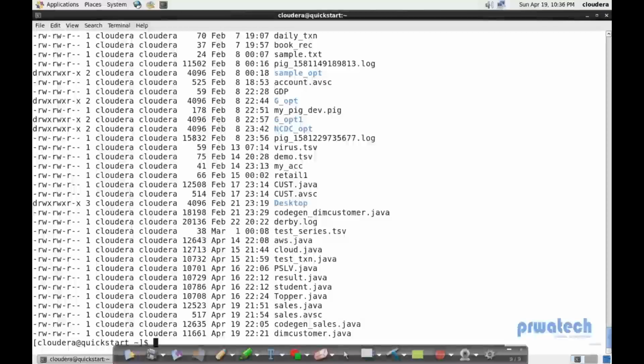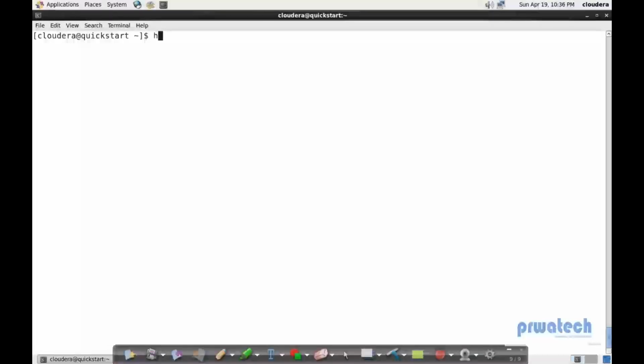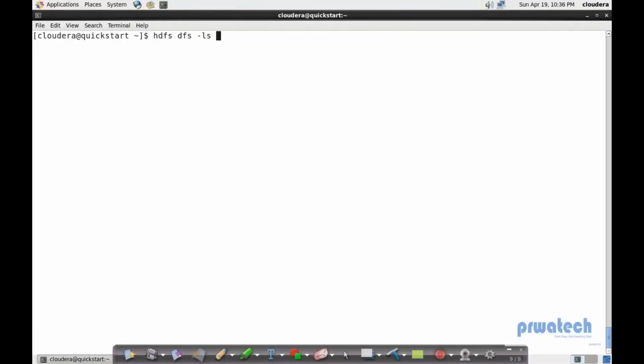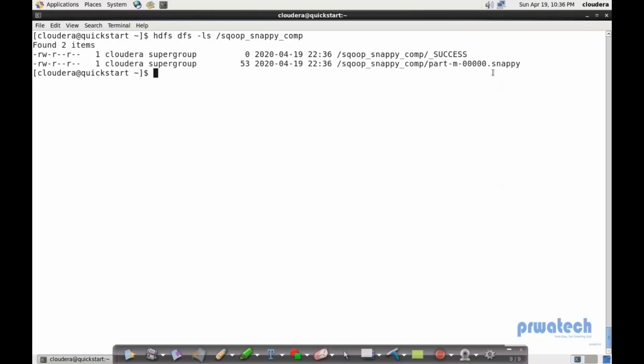Listed again. Sorry, I missed the list. hdfs dfs -ls. What was the directory name? sqoop_snappy_comp. Can you see it again? The extension is very clear about what the format is, because with the dot extension you get the name. And if I read this again,